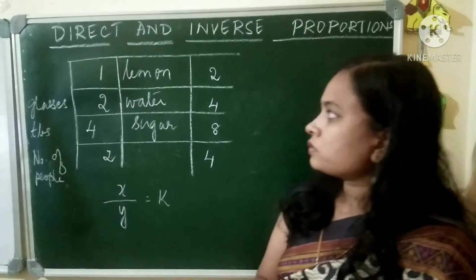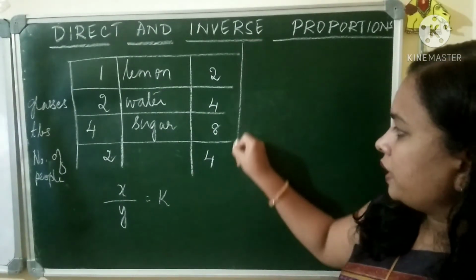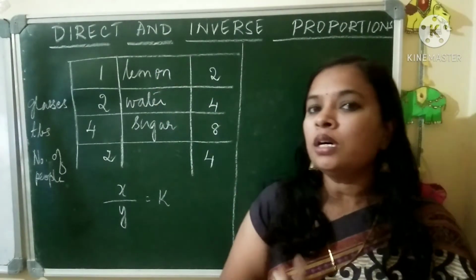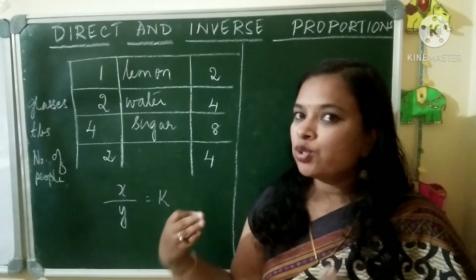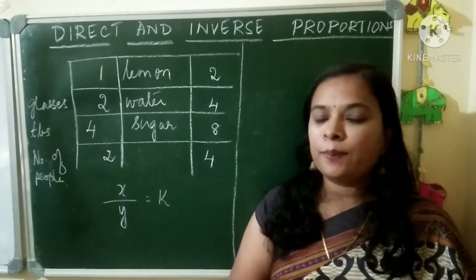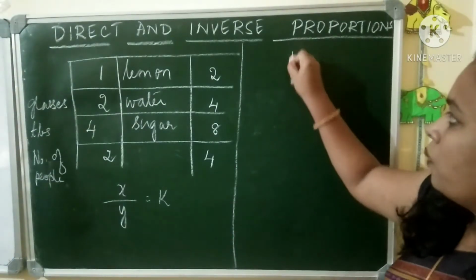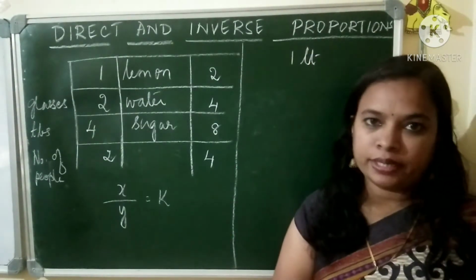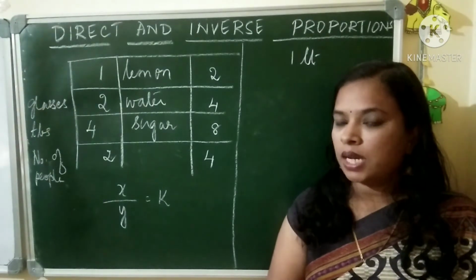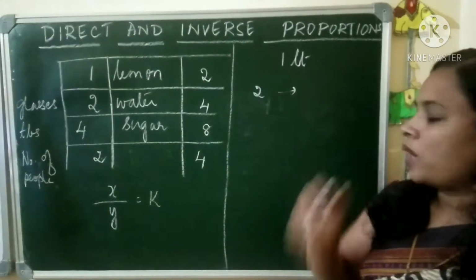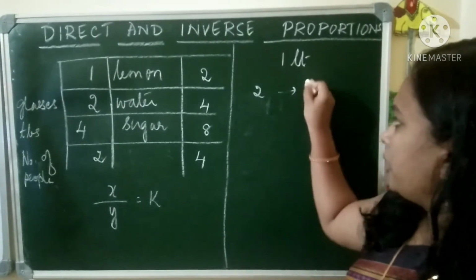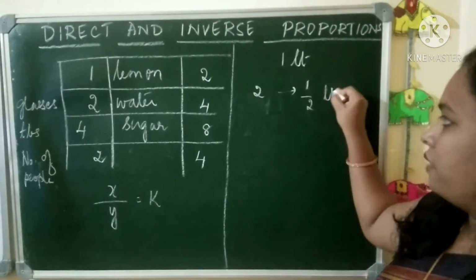So now the same example I will give you in the case of inverse proportion. See here, when the guests arrived, you started preparing lemonade, right? Now already you have lemon juice which is prepared, 1 liter. Usually you prepare and store it, and as soon as your guests arrive, you distribute. Now this 1 liter we want to divide and give to 2 persons. So it will be half a liter, right?